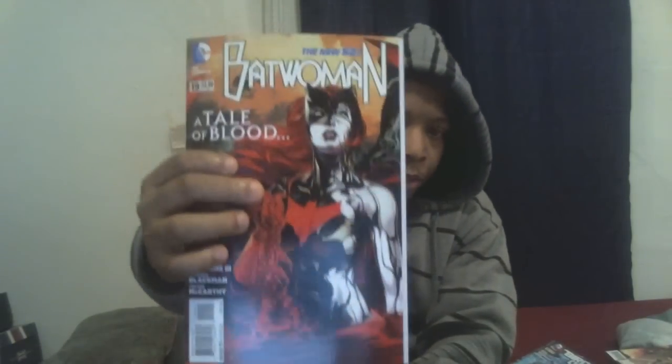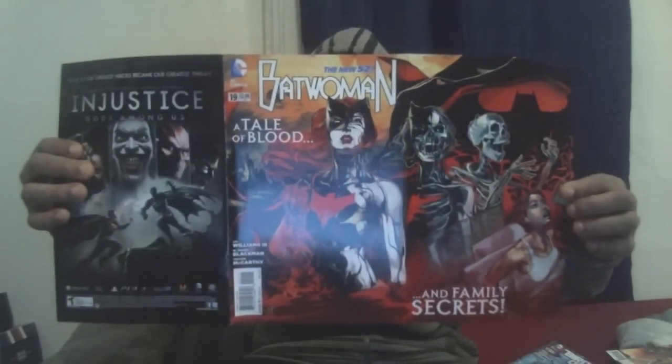All right, so we'll move on to DC, and we'll start it off with Batwoman number 19, A Tale of Blood, Family Secrets. Wow, good issue right here. We get a lot of secrets in this issue, between a lot of members in here,